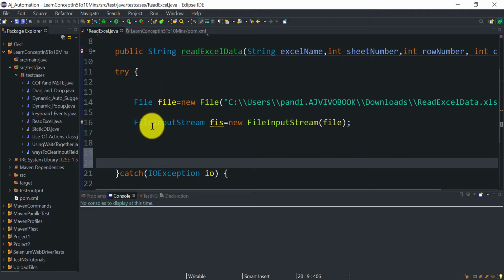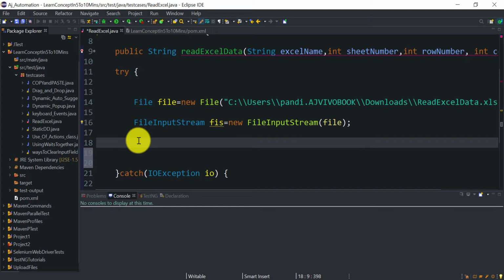So we have created the file object, then the FileInputStream object. Now the next step is you need to create an object of XSSFWorkbook. As we are dealing with Microsoft Excel files, you need to create XSSFWorkbook. This is the class.